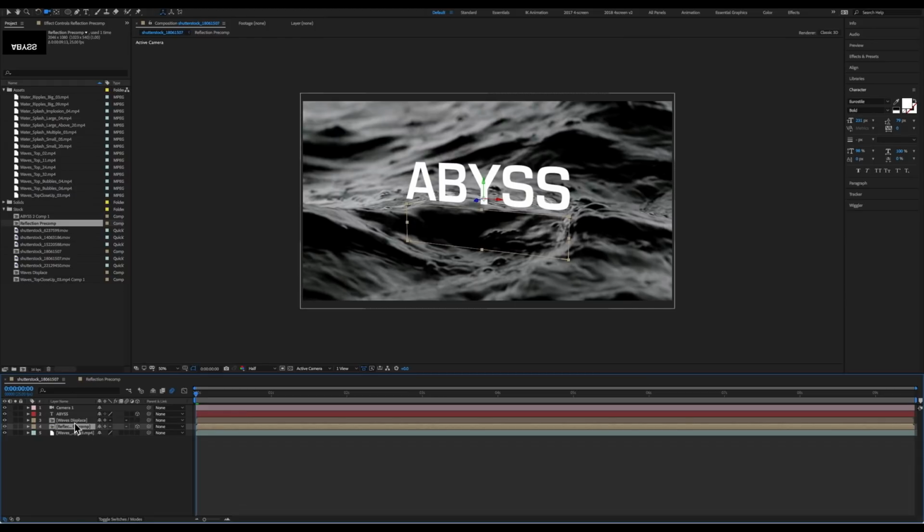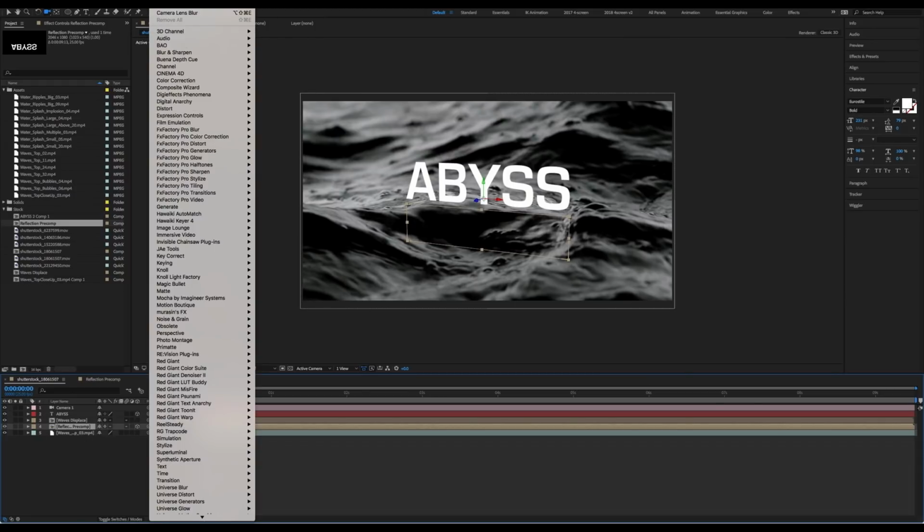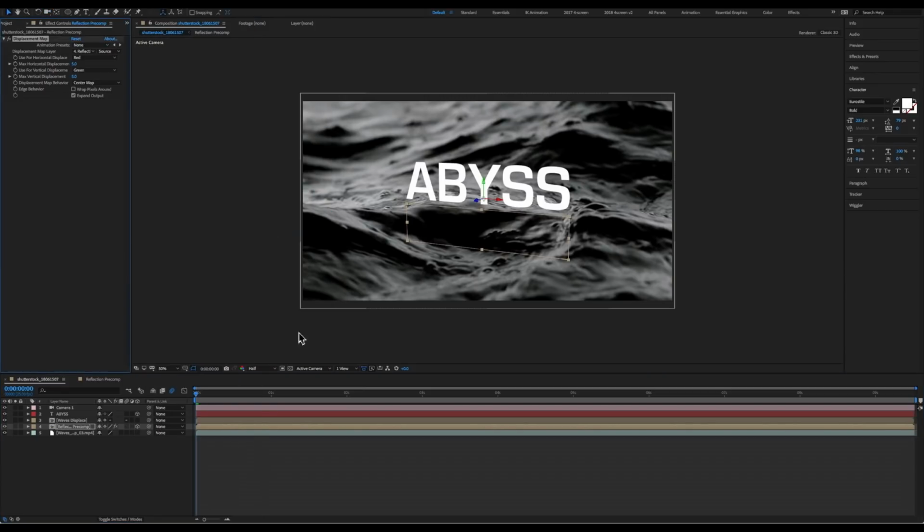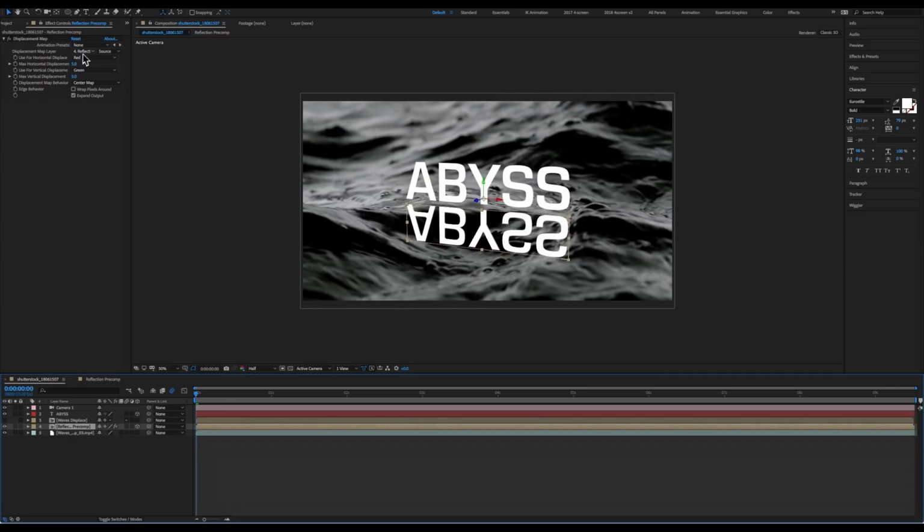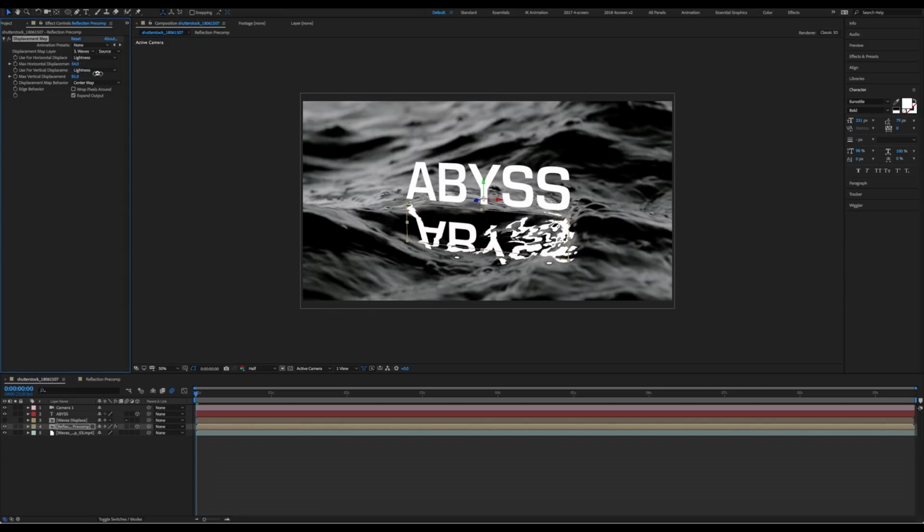And we're going to apply an effect to our reflection. That effect is to be found under the Distort effects, and it's called Displacement Map. So I'm going to shy our waves displace, and back on our reflection layer, I'm going to select that shied waves displace layer as our displacement map layer, and immediately you'll see weird stuff happens to our text. I'm going to change the use for horizontal displace and the use for vertical displace to lightness because we're just using black and white footage, and then I'm going to crank up the maximum horizontal and the maximum vertical displace, and when I hit play,